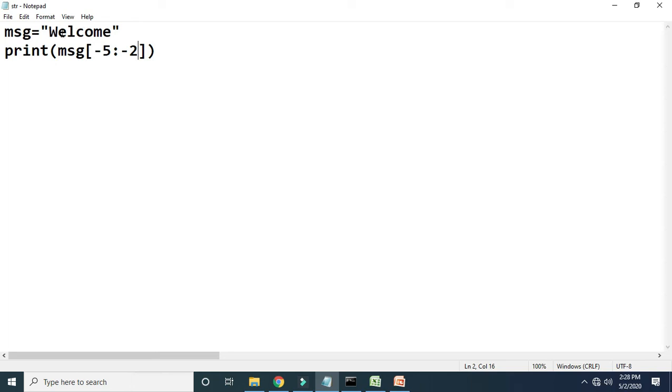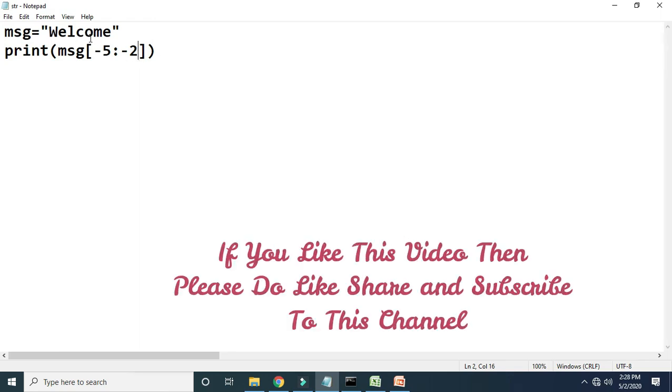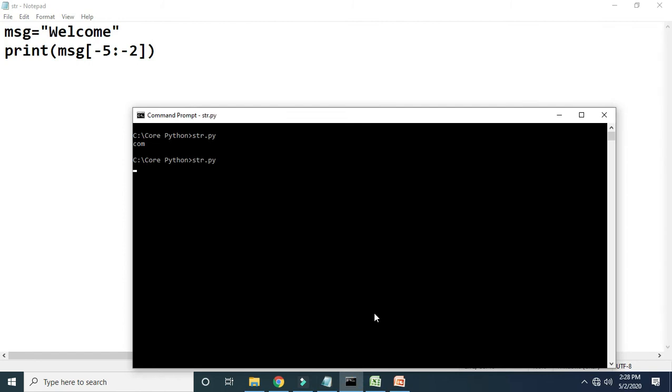At index 5 E is there, but it will not start from index 5, it will start from index 4. So the first character we get is L, then C, then O, and it will come up to index 2. At index 2, O is there. So the output of this one will be L, C and O. So let me show you the output. See here, we have got the output as LCO. So I hope you are getting this point.